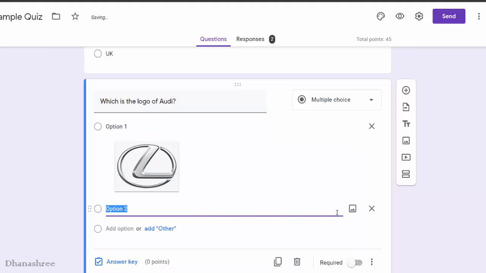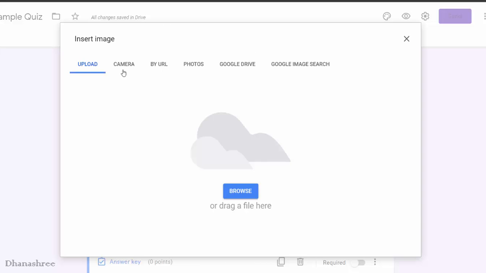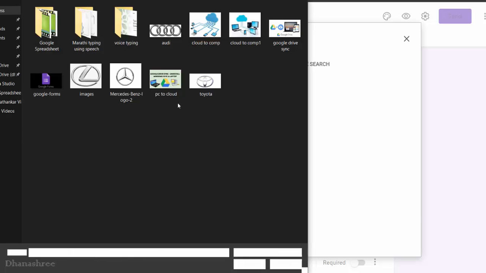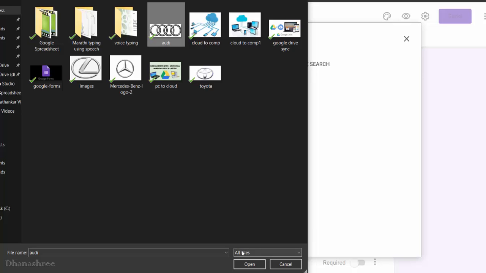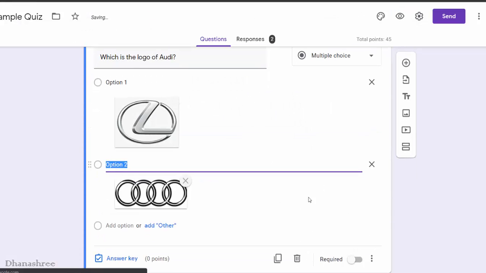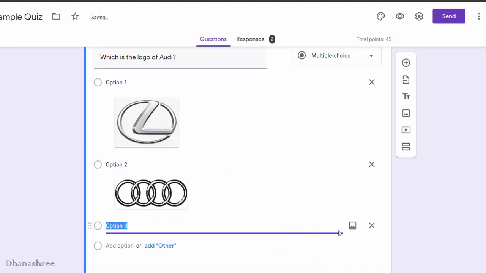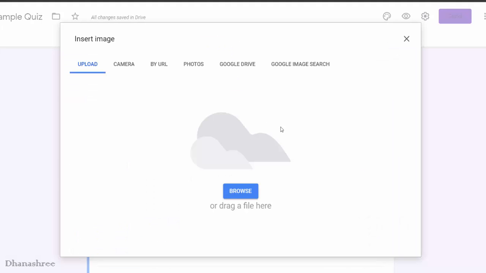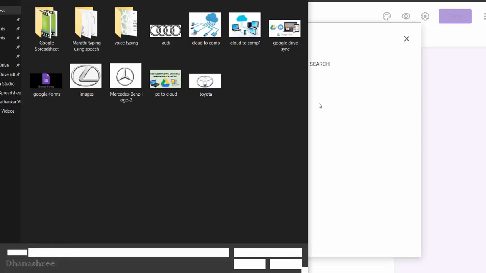If you want to add a few more images, just click here and say insert image, browse. This is a way you can add as many options you want. I am restricting myself for 4 options.